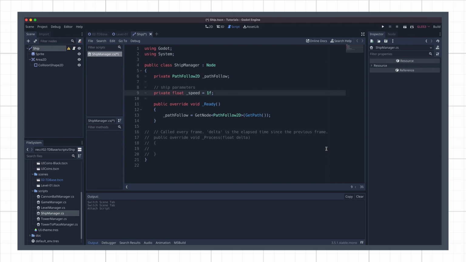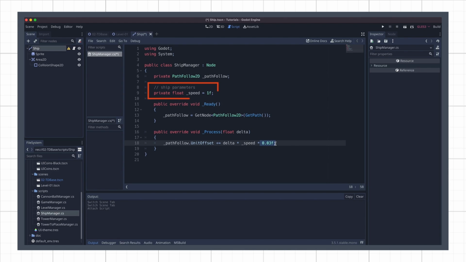Then all we have to do is, inside the process method, which is called every frame, increase the unit offset property of our path follow 2D by a little amount to move our object along the curve. I'll use a small factor to artificially decrease the overall speed and get a more manageable speed in the game. I prefer to extract it from the actual speed variable because this allows me to define this ship parameter as a basic unitary value, and it will make it easier to scale the data for other types of ships